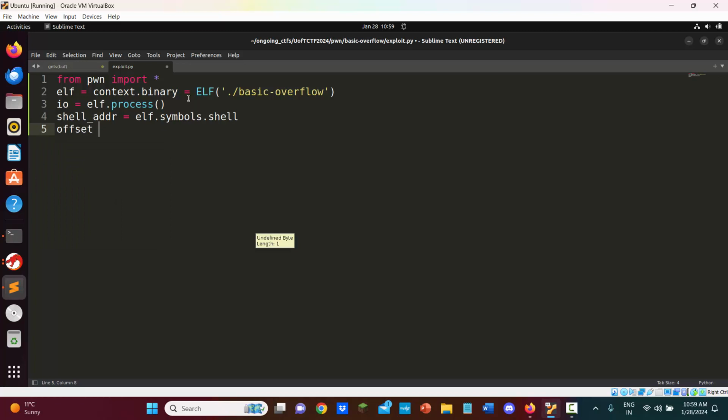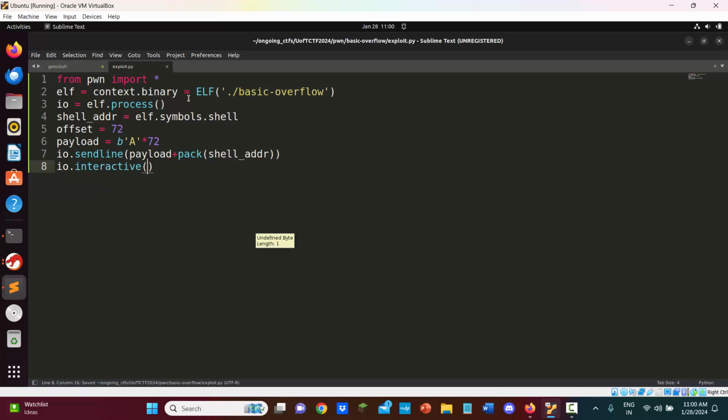Our offset was 72. So we just need to do random bytes till 72 and then our payload. So payload is 8 bytes because pwntools supports bytes. Now sendLine is used to send data, and then I'm going to do payload pack address. So pack basically formats the address so that it can be used by the binary and the instruction pointer and